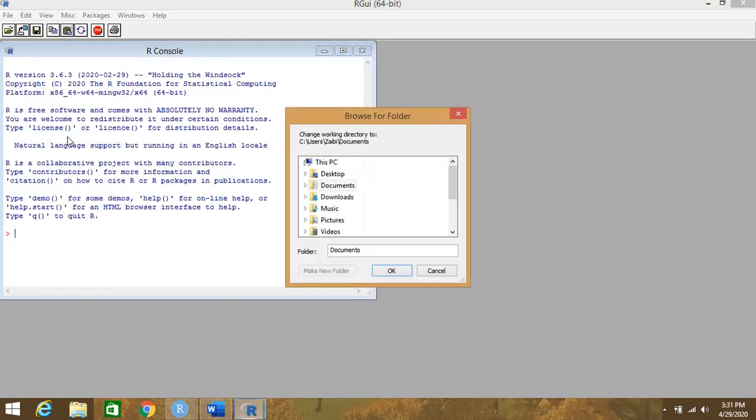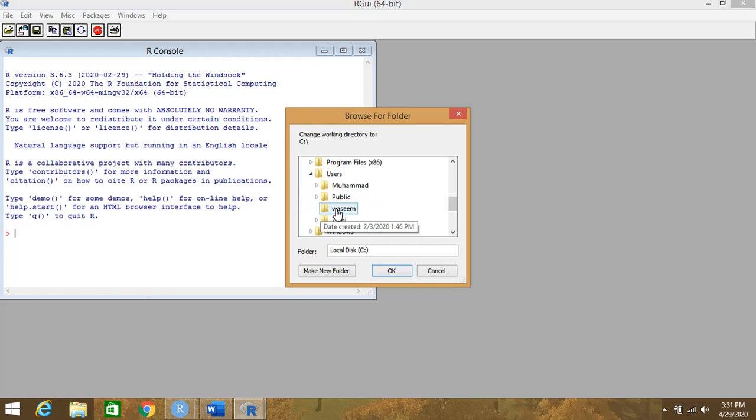Go here, and we know our file was on this PC and it was on the desktop. If you have multiple users, sometimes you need to go to this C drive, and then you need to go into the relevant user.